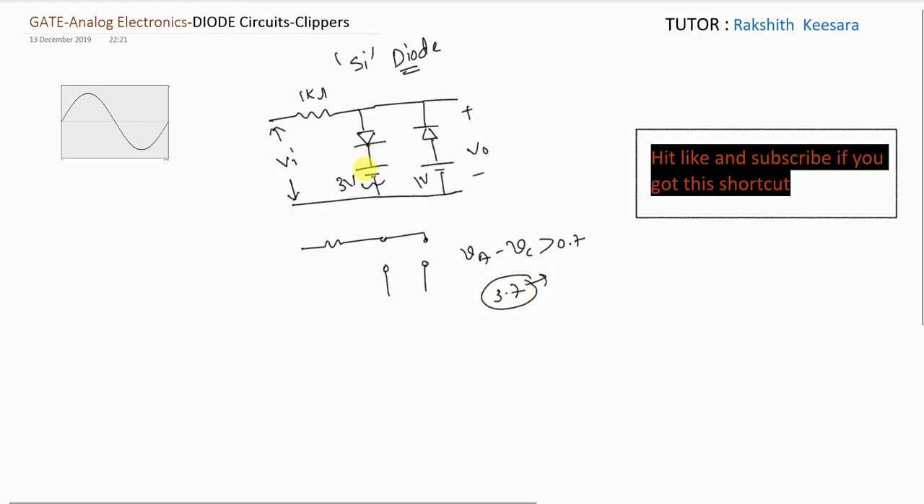So indirectly what is happening, guys? If this is an ideal diode, if the input voltage is greater than 3 volt, then the diode will turn on. So our reference voltage is remaining as 3. But if it is silicon diode, if the input voltage is greater than 3.7, then it will turn on. So indirectly our reference voltage is changing to 3.7. Next, here also our reference voltage is changing to,